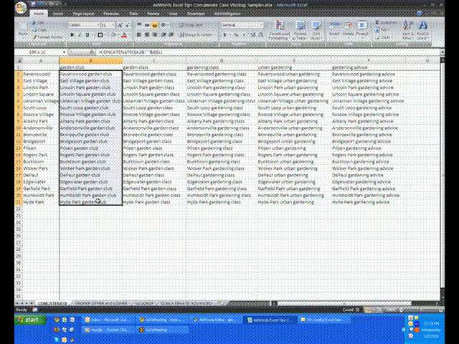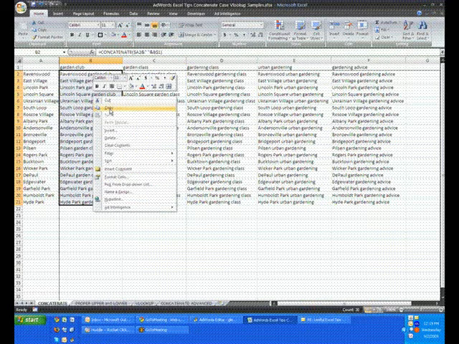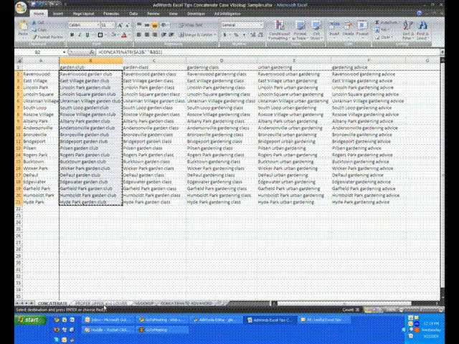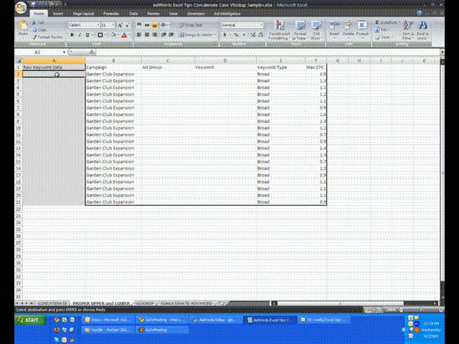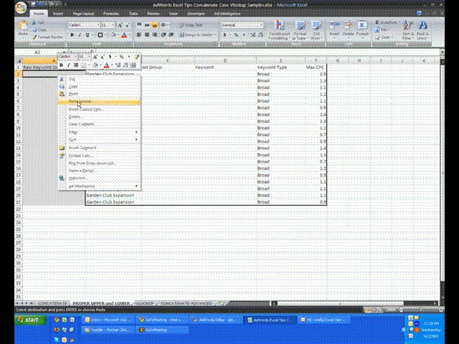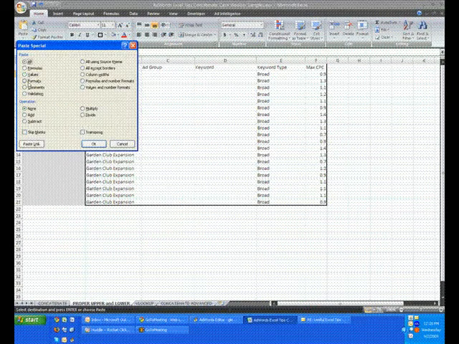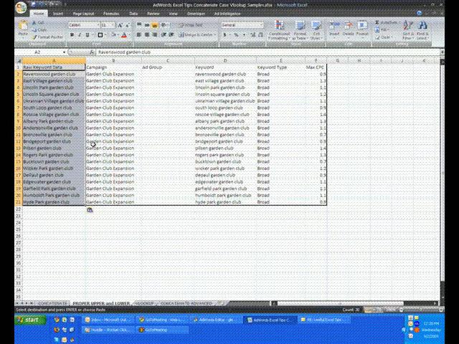I'm just going to grab some of the keywords that I wanted to use. I could grab more, but I wanted just enough to show you what I'm doing. So in this case, I'm going to paste special and just paste the values in. Otherwise, it would paste the formulas. I have that concatenation formula sitting there, so I've pasted that information in here,